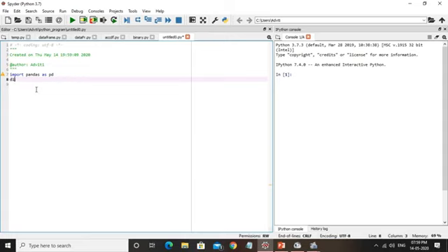I am using one variable, let's say d1 equals to, and then declaring the values, let's say 10, 20, 30. I am creating two-dimensional data. Then next another row, we can take three values 4, 5, 6.